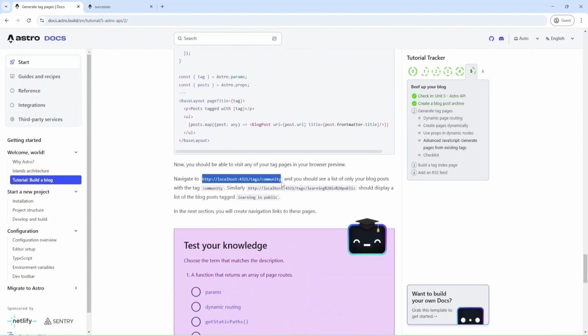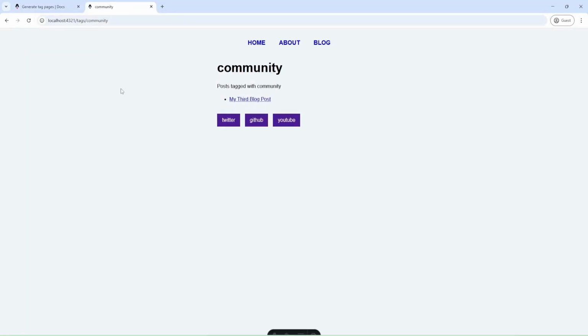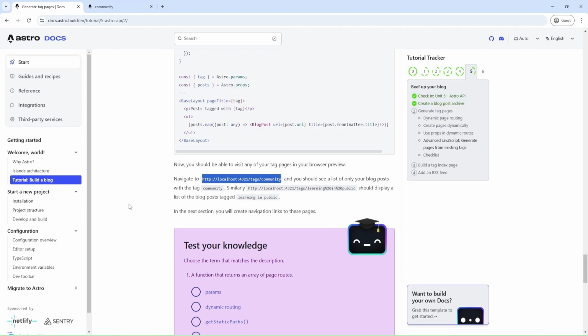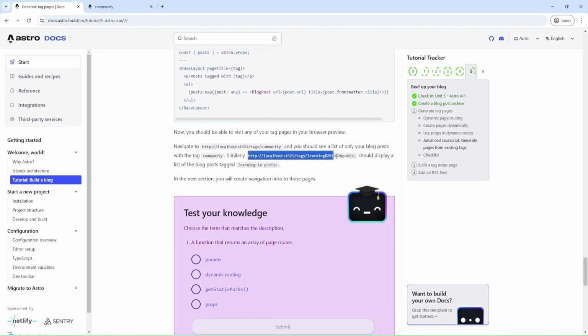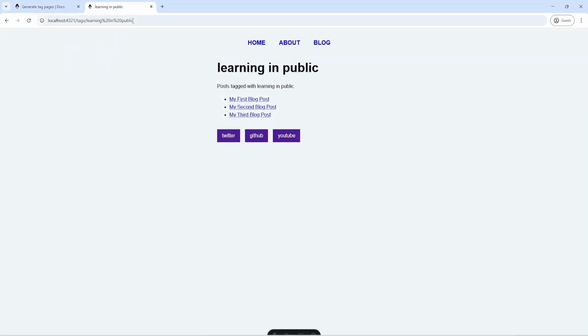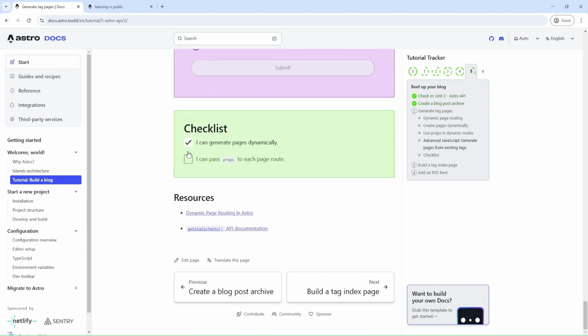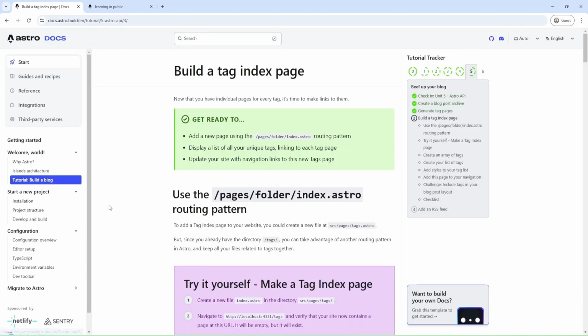And now let's check one more time our tags and community. We have only one blog post, and let's check this tag. Okay, and we have it as well. And I can mark these checkboxes as done and go next.